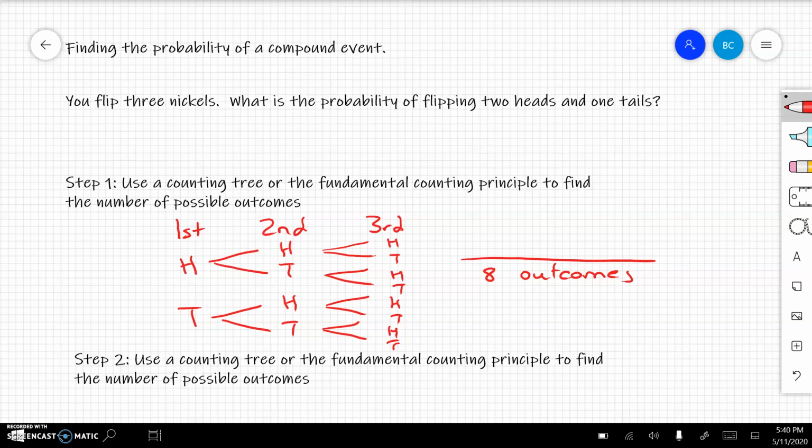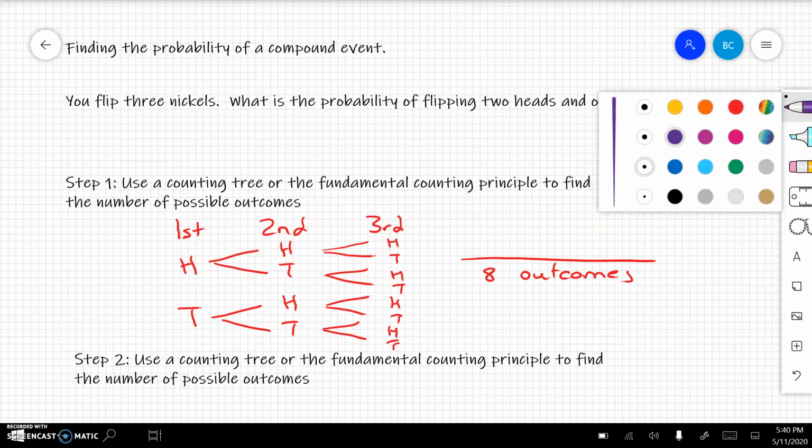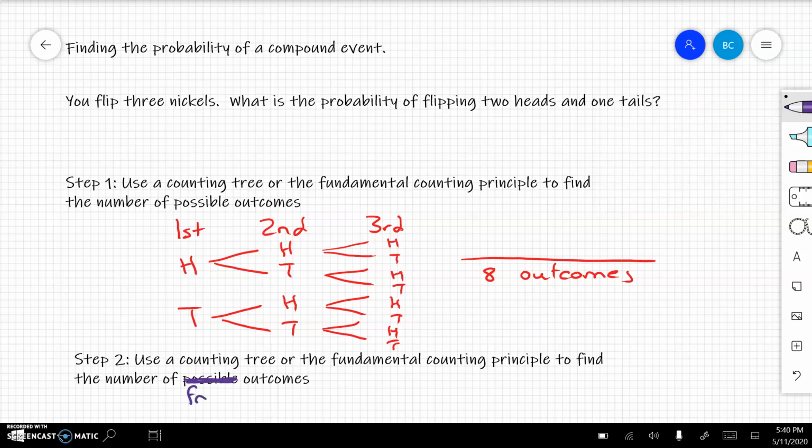And then step 2 is I want to, again, use the fundamental counting principle or a counting tree to find the number of favorable outcomes. So in this problem, it asked me about flipping 2 heads and 1 tail. So I'm going to highlight my possibilities here. So 2 heads and a tail is right there. 2 heads